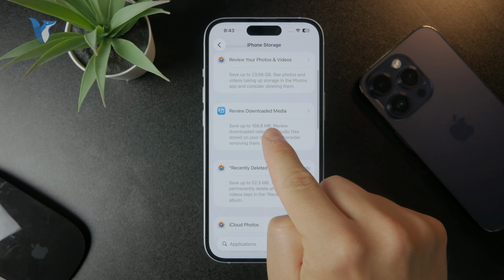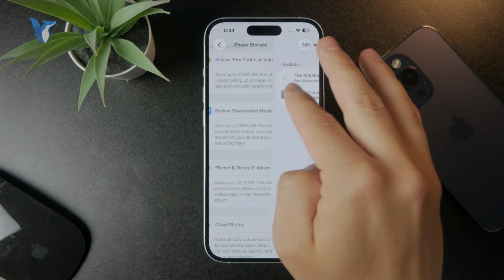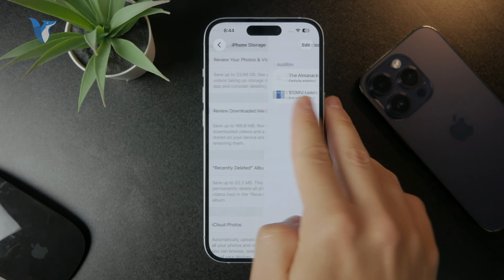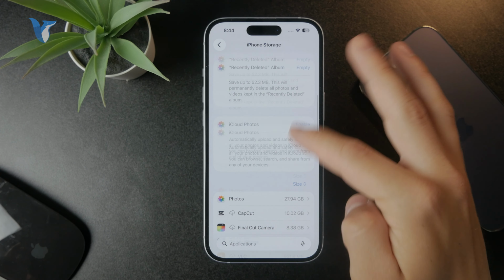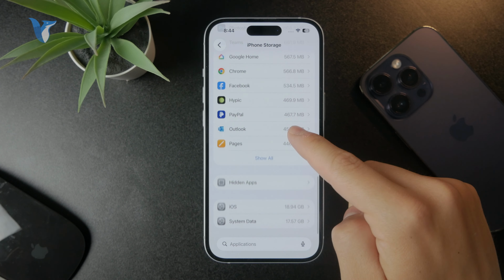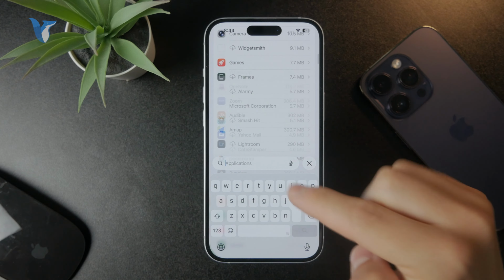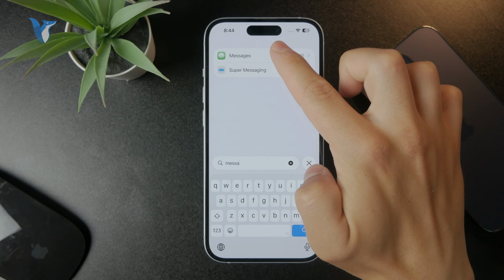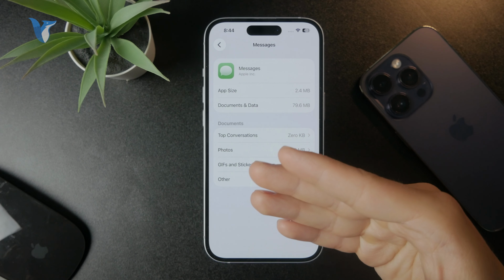I can see the option to review downloaded media, and some of the large files are going to be in here, so that's something I can manage and perhaps delete if I wanted to, or I can go through the apps, right, and also manage the individual things. Interestingly enough, I can find the messages right here. I can even look it up manually, and I have the ability to manage the attachments which are part of